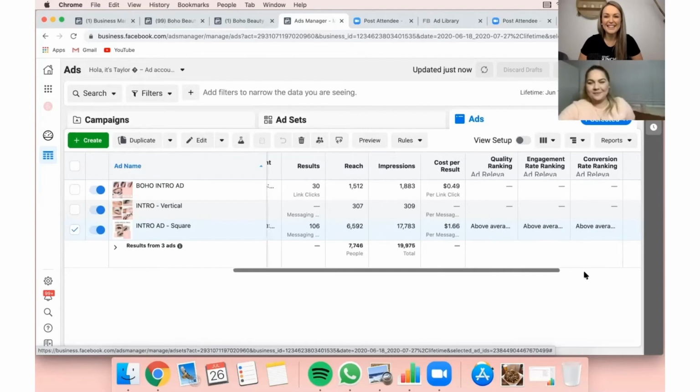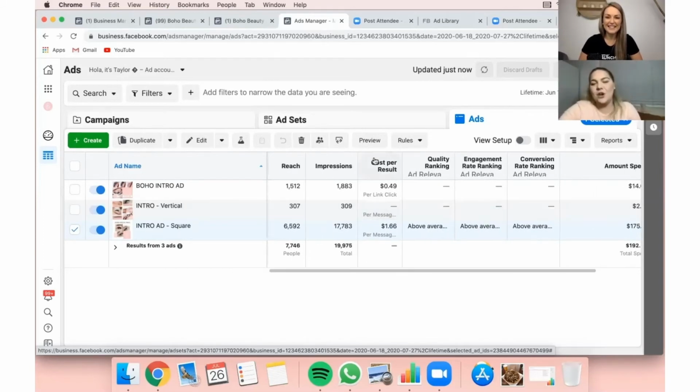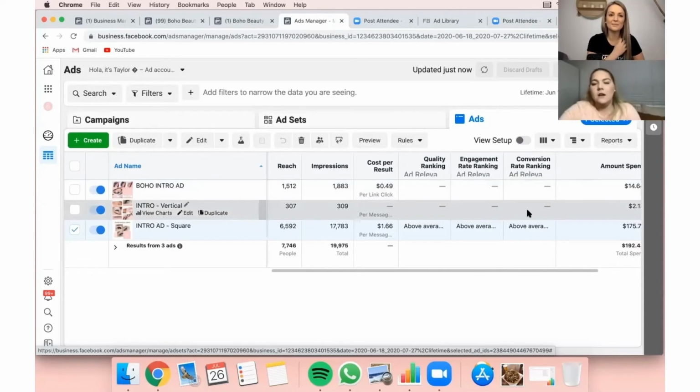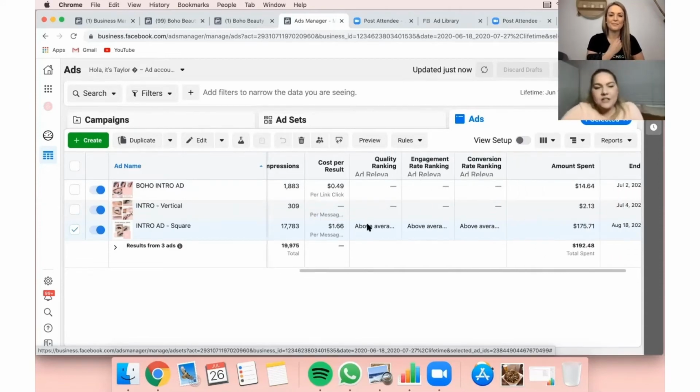So, yeah. Then here you're going to have your cost per result. So you'll see that this link click, even though it was doing well, I killed the ad quite early because it wasn't doing as well. And that was a different graphic, you might see over here, it might be too small, that actually had my text and my prices on the graphic. And Facebook wasn't favoring that. Yeah, too much text. Yeah, absolutely. So I changed the ad up a little bit and chucked it into this one and it's done really well.